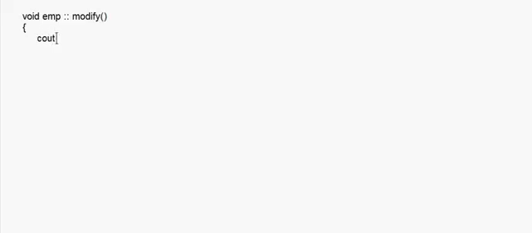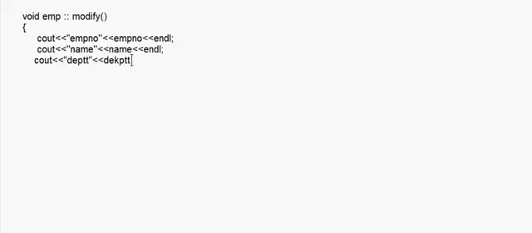So now here I'm going to write cout employee number and then I'm displaying that employee number. So basically whatever is the record that is being displayed here. Name and endl. Cout department, endl.